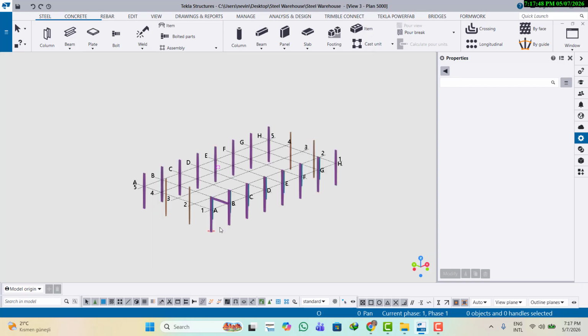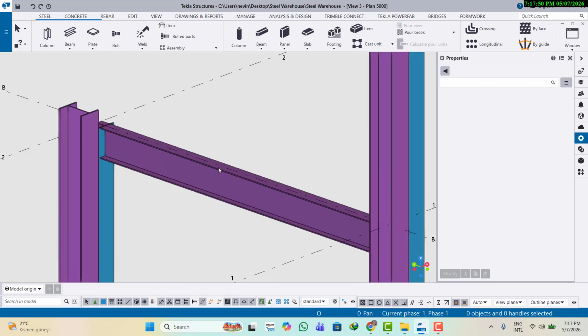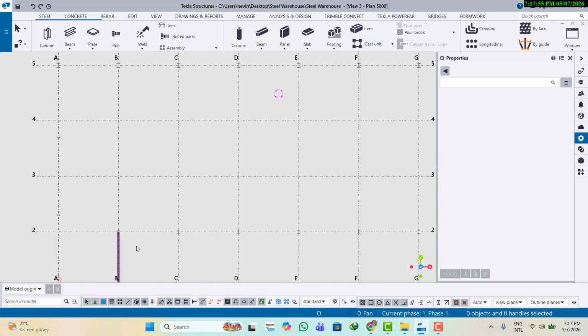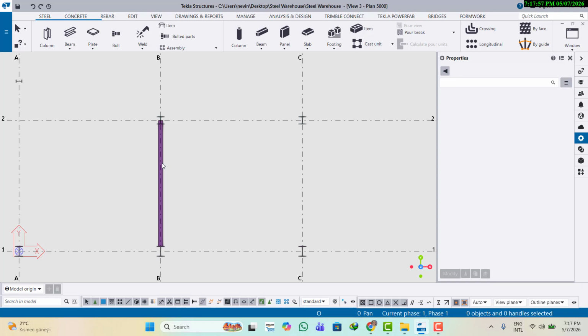Press Ctrl P. You will find your primary beam is here. Ctrl P again, take copy, select,